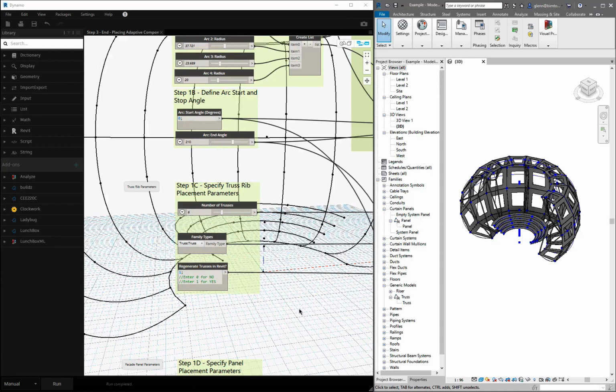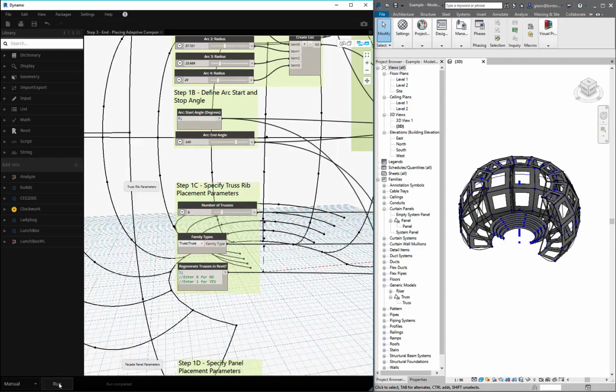And just to give you a sense of the power of doing something like this, I'll just try flexing it a little bit. For example, right now I have that arc set to about 210 degrees in terms of how much of the stadium is going around. Let's just go ahead and make that a little bit bigger. I'll make it like 240. We'll run that. And when it regenerates itself, you'll see we have a new version of the stadium,